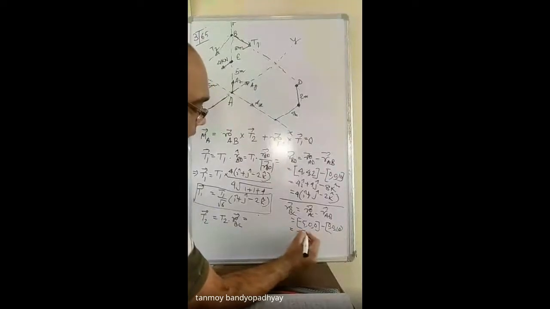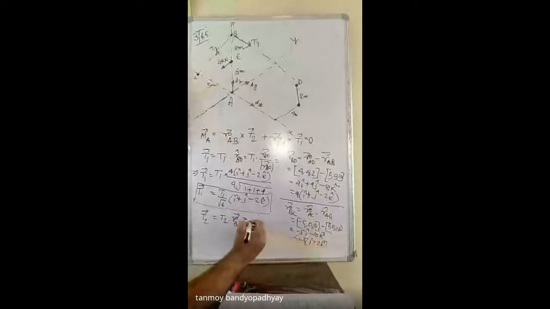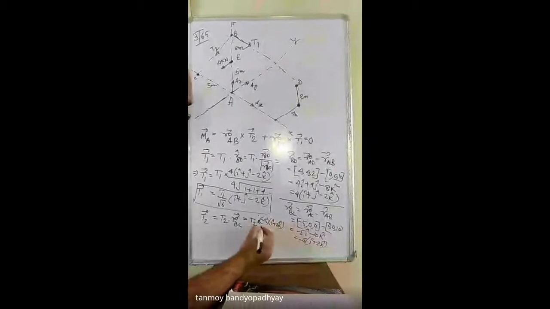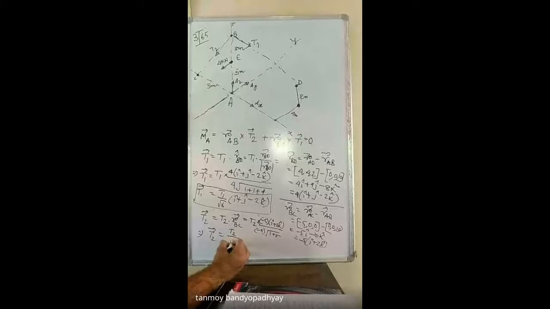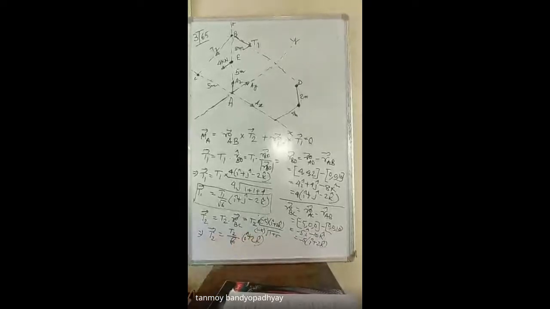So we are left with minus 5 i minus 10 k cap. Minus 5 will be common here, so it is i plus 2 k cap. So this will be T2 into minus 5 i plus 2k divided by minus 5 into root over of 1 plus 5. So vector T2 will be equal to T2 divided by root 6, that is 5 plus 1, into i cap plus 2 k cap. So these are the two vectors initially which we need to calculate.